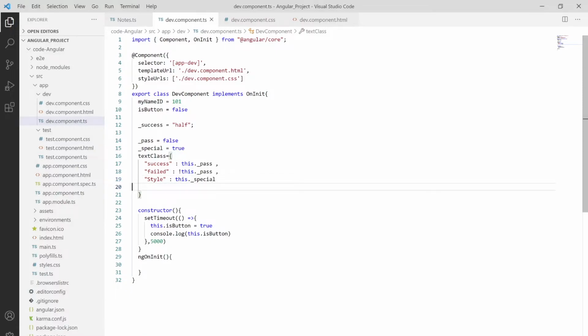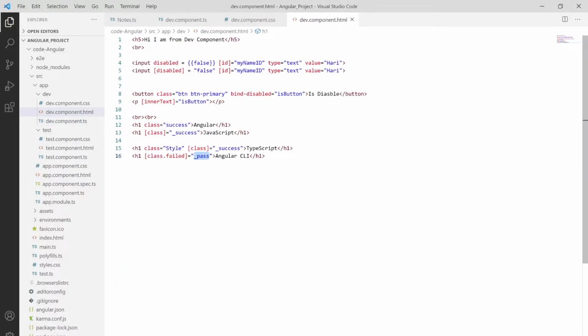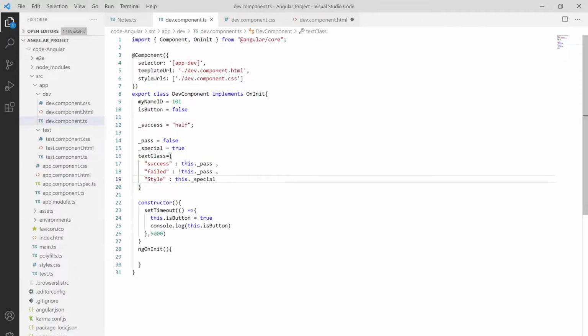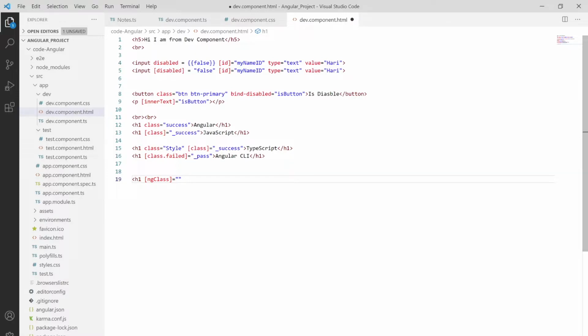Let me save this out, and see how you can bind this in the HTML. Let me move over here and put the ngClass directive syntax in the h1 tag. I'm using ng, then class, and whatever object we need to bind. So I'm binding the text class over here, pasting it, and then putting the text "code me".